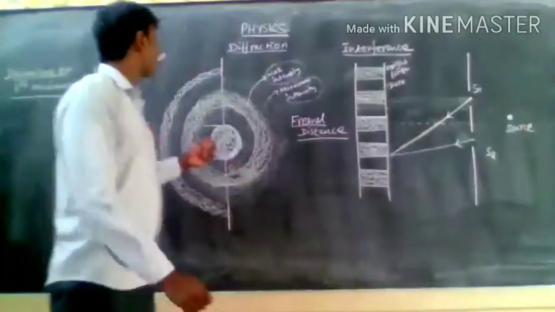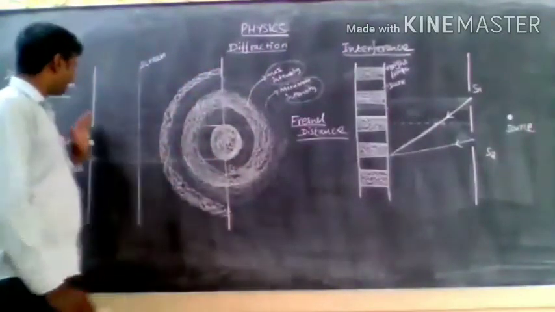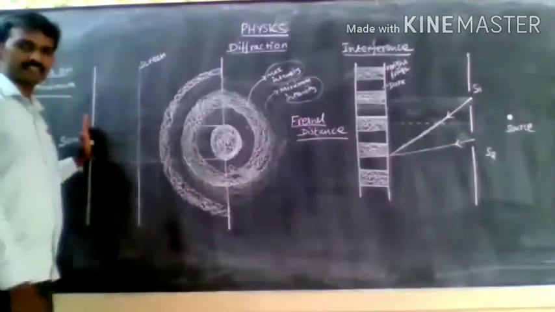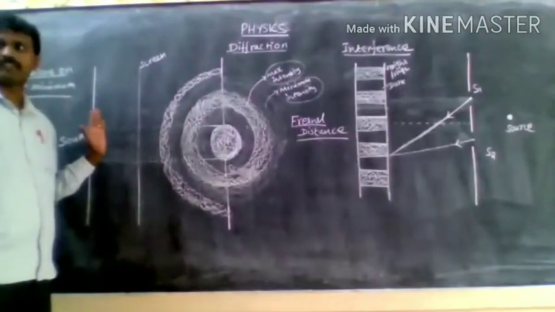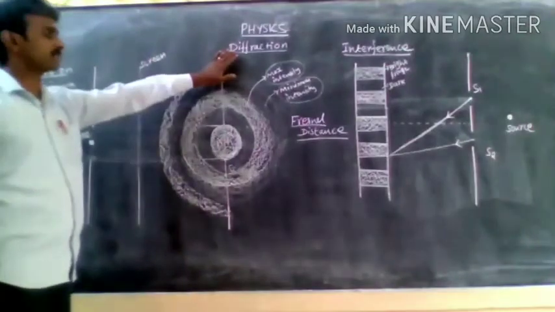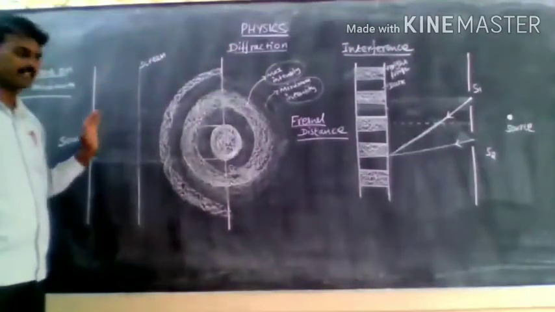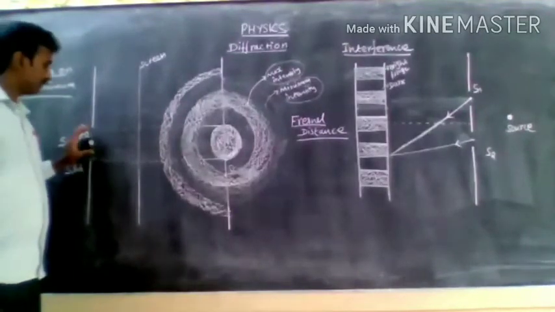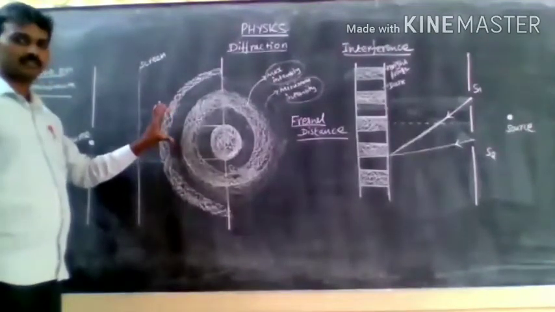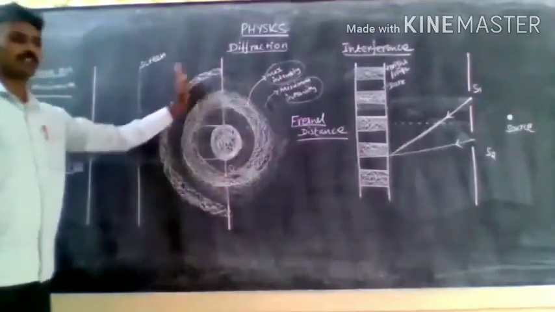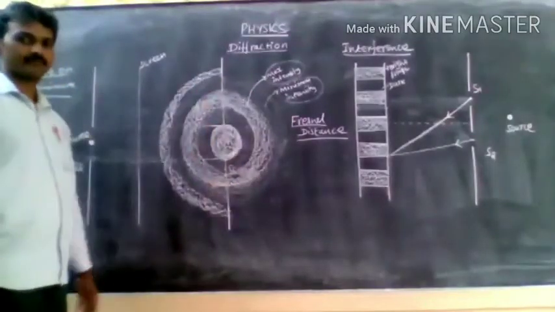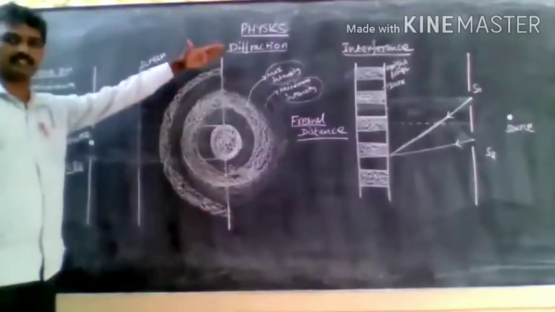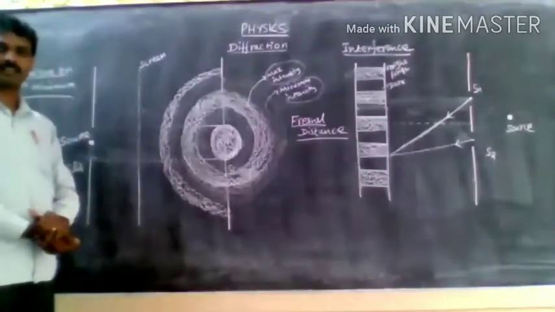Okay, listen, students. The light rays approaching the slit undergo diffraction. You know very well about diffraction. Diffraction means bending of a beam of light at the edge of the obstacle, spreading into the geometrical shadow region on the screen. That is, the light spreads and fills the whole screen. This pattern is what we call the diffraction pattern.